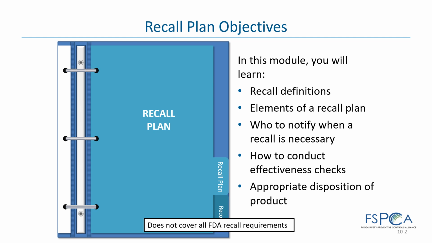Also, I wanted to remind you that this is part of Subpart C of this regulation, so we've kind of jumped back to Subpart C. And when we first looked at Subpart C and looked at the food safety plan, I told you that recall plans are only required if you have a hazard requiring a preventive control. Okay, so if your food safety team has gone through the hazard analysis process and decided that you do not have a hazard that requires a preventive control, you are not required to have a recall plan in your food